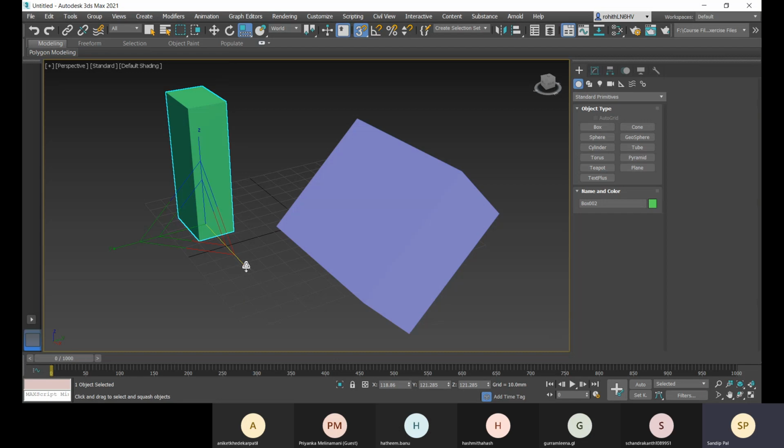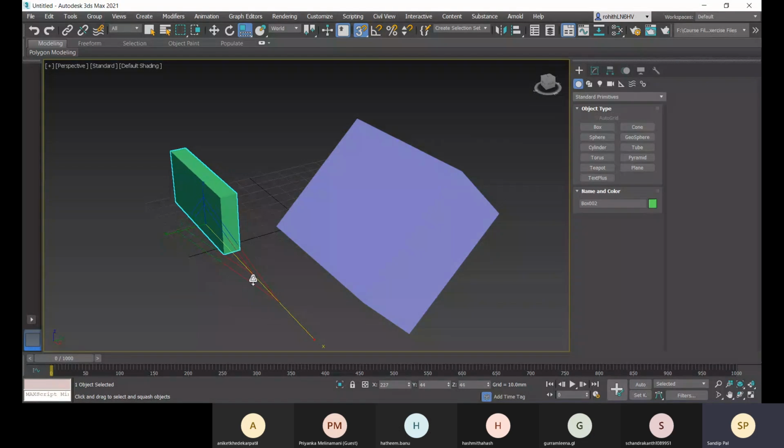If you increase the scale factor along the x-axis, the other two axes will be decreased. Here you can see right now the x value is 118, y value is 121, and z value is 121. Let me change the x-axis, and you see that I'm increasing in the x-axis, but it is decreasing in the y and z axis together.